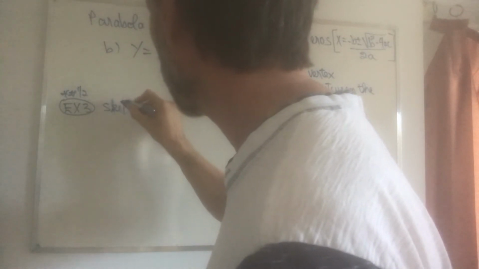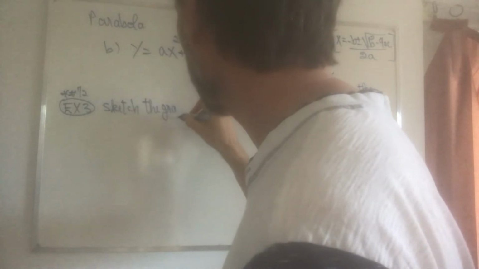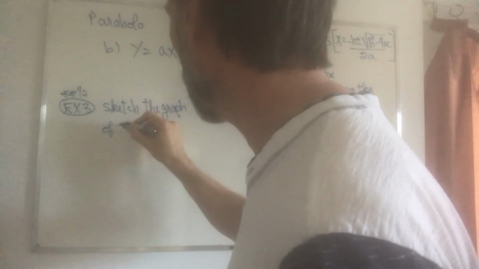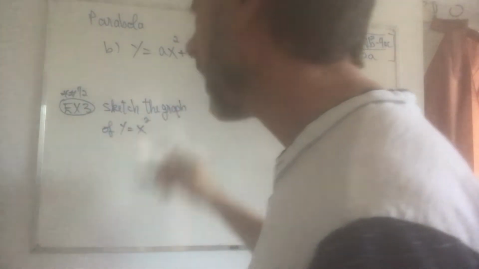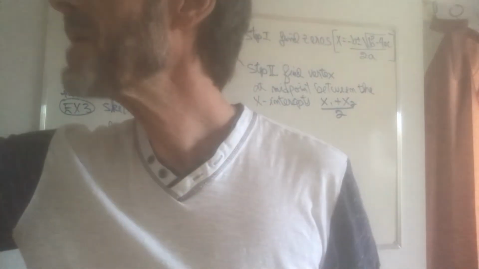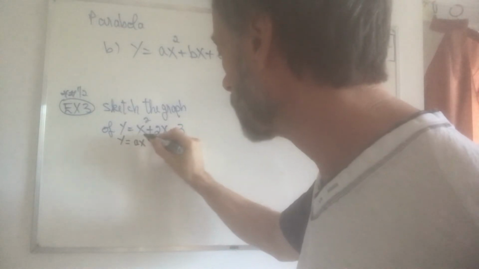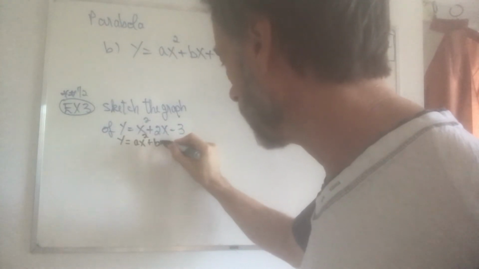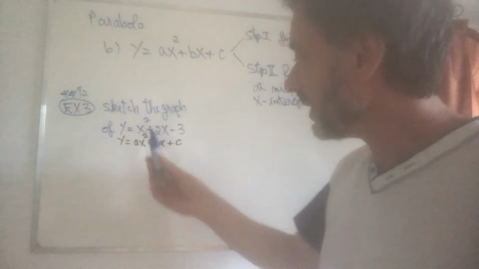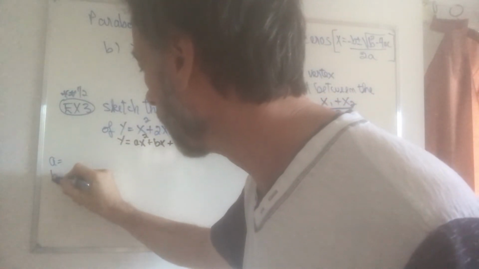Sketch the graph of y is equal to x squared plus 2x minus 3. You notice that this time, this is actually given in the form y equals ax squared plus bx plus c. Good. So the a, I can actually know this right away, that the a and the b and